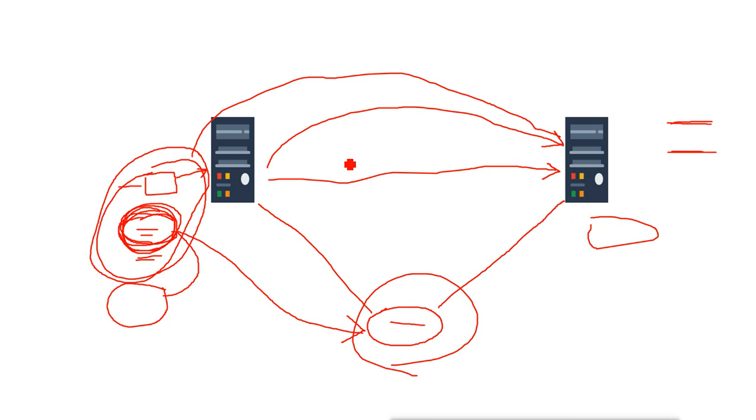And one more option we have to add is to delegate the server to accept the migration. So we have to delegate this server to accept the migration from the other server, and on the other server we have to delegate it to accept the migration from this server. So we have to delegate the migration service authentication on both servers to accept the virtual machine from one server to the other. So let's see how we'll do this.